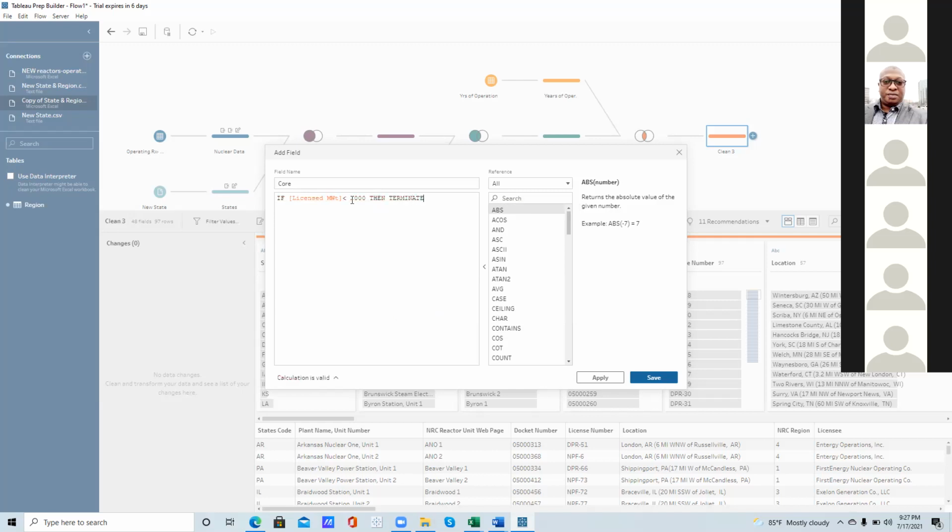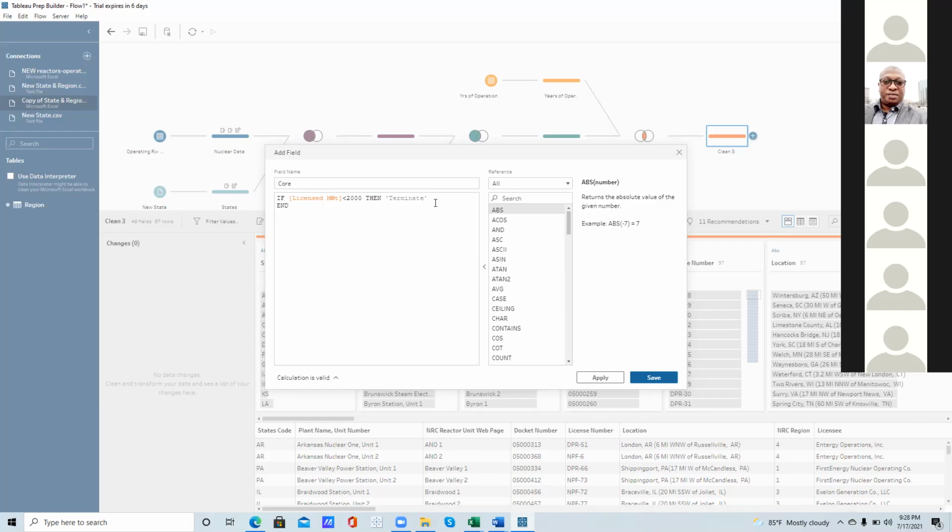Cut that terminate in quotes. Okay, put end under. So let's see if it's okay. Once you are quoting, like terminate, stay with the first letter capital, then the rest lowercase. Did you get that? Your terminate is all in caps, so it would have been first letter cap, the rest lowercase.